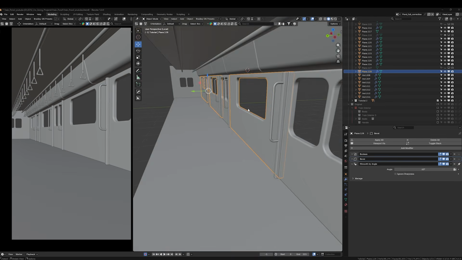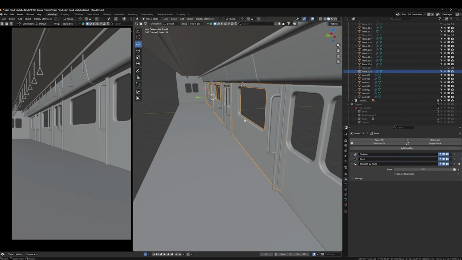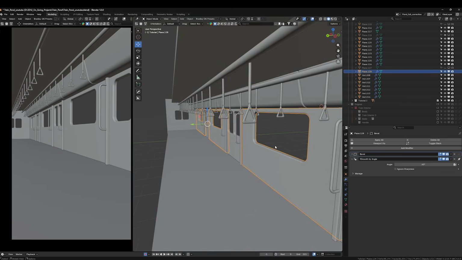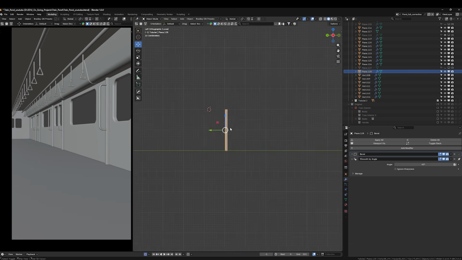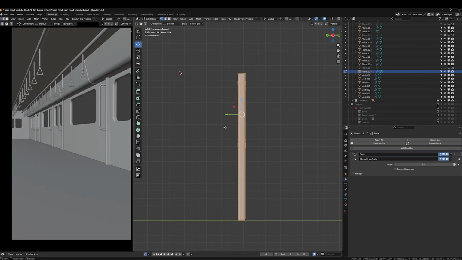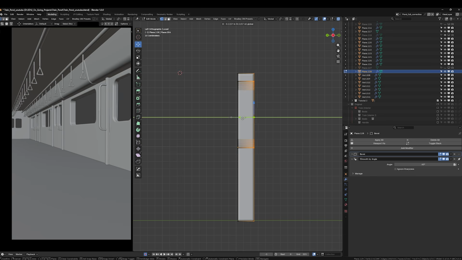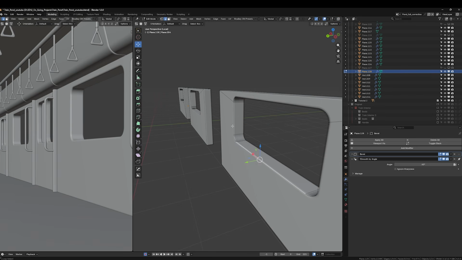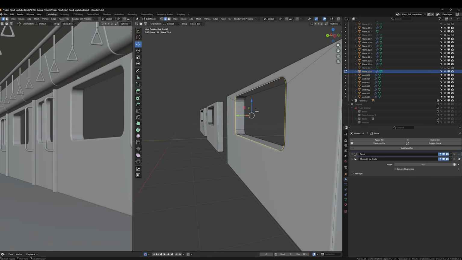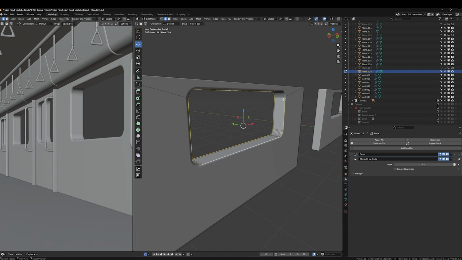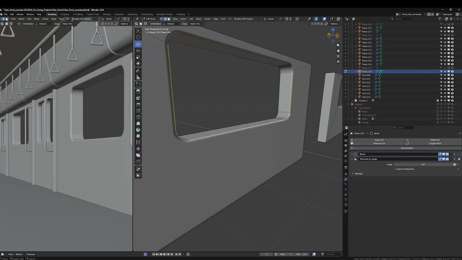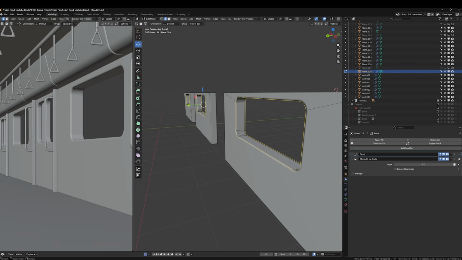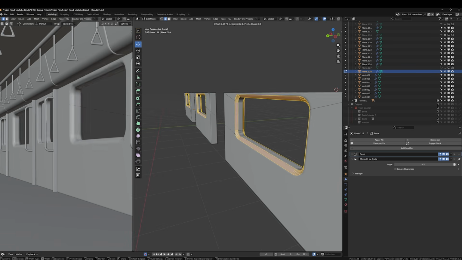Looks pretty nice. I would also like to edit the wall, so I'm going to apply the boolean, only the boolean, not the bevel. I'm going to isolate the view with the backslash on my numpad, and then I'm going to make this whole wall much thicker, something like this. And now I'm gonna select all these loops like this. I'm just gonna repeat this for all of the wall segments,